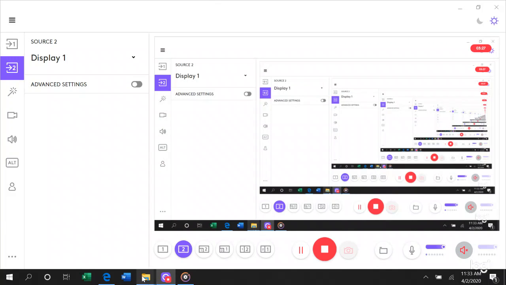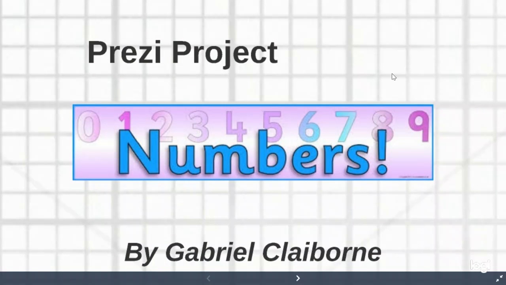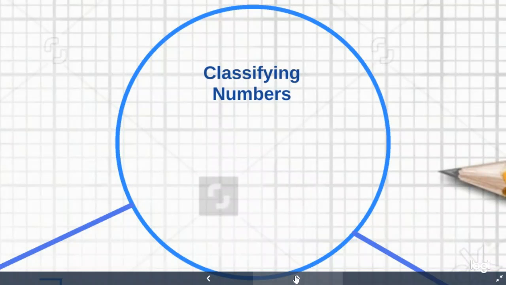Where is it? There it is. Okay, I'm going to project my screen and we're going to learn numbers. All right, so this is the flow chart that you see on page 393, but this is my way of